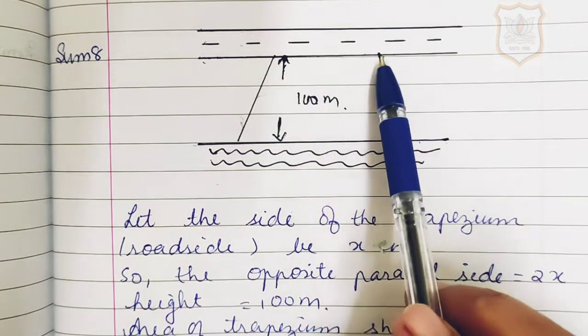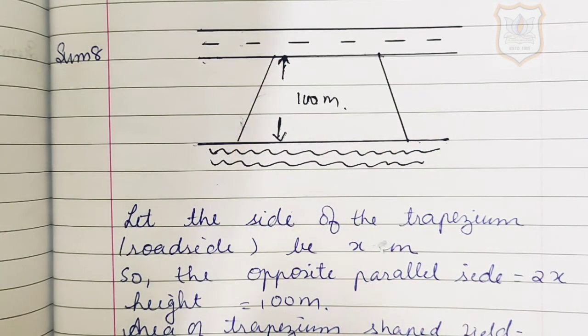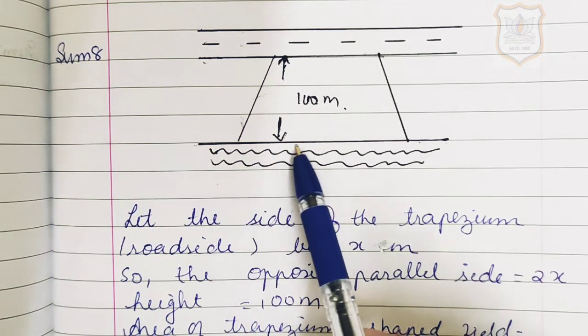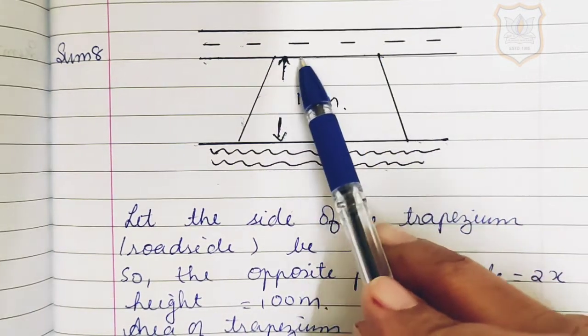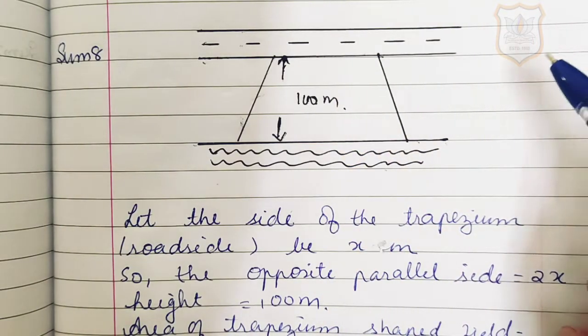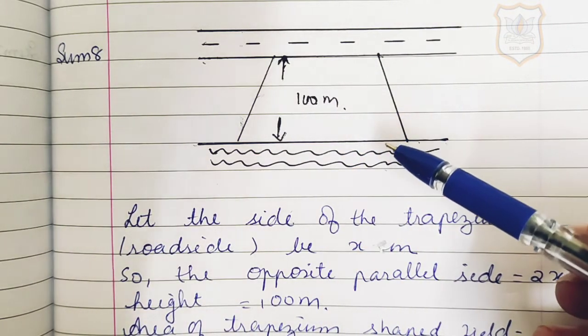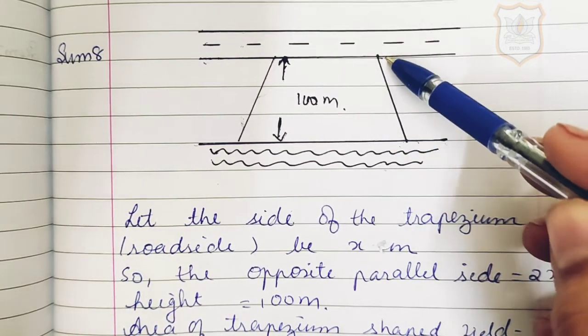मोहन को ये ट्रेपेजियम शेप्ड फील्ड परचेज करनी है and its side along the river is parallel and twice the side along the road. ये साइड जो रोड है ट्रेपेजियम शेप्ड फील्ड का वो रिवर के साइड का है और ये जो साइड है रोड का वो रोड के साइड का है. और यहाँ पर क्या दिया है कि जो रिवर के साइड का रोड है वो रोड इस साइड का पैरेलल